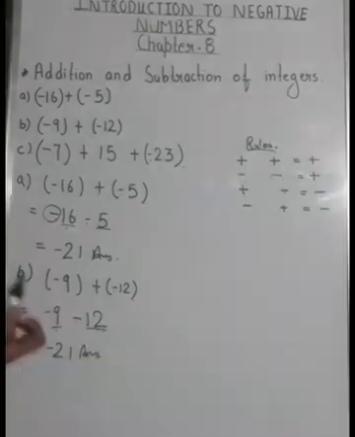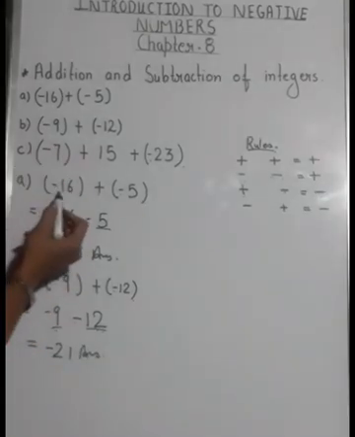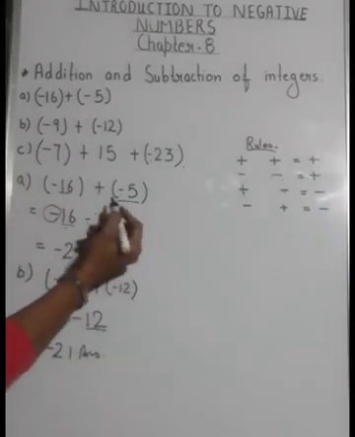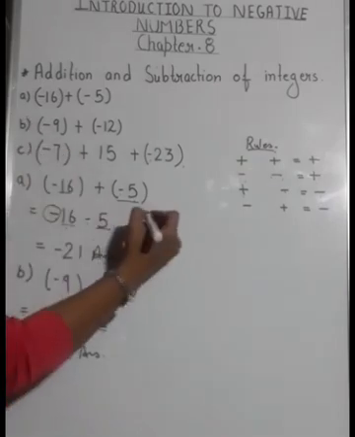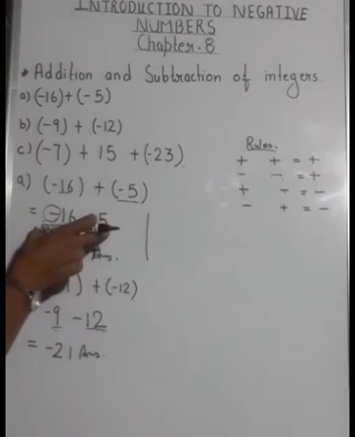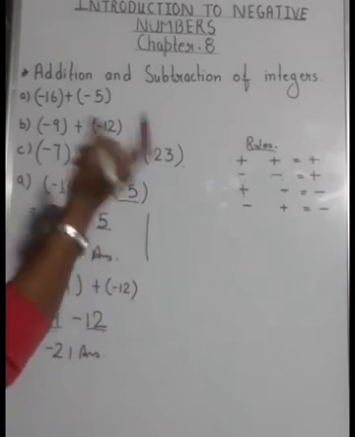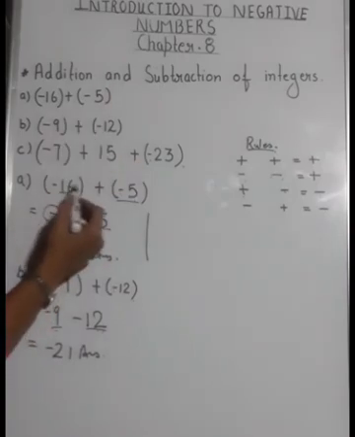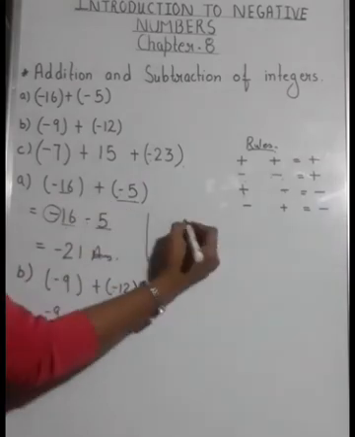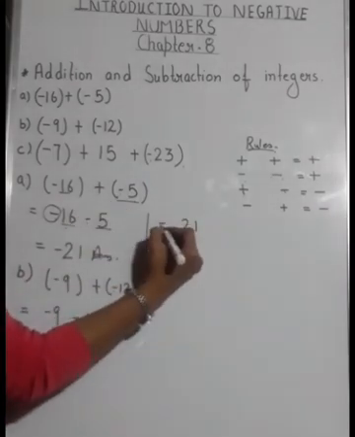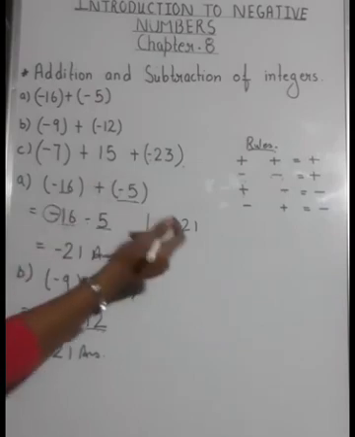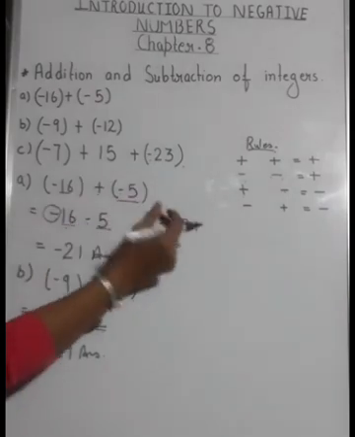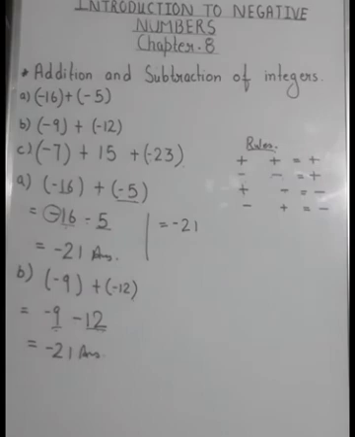Clear? I have told you that whenever you have to add two negative integers, just add the integers and put a negative sign. Okay. So you can do it this way also, or you can do it simply as I have told you before, that add the negative integers. So 16 plus 5 will be 21, and I told you if both the integers are negative and you have to add them, then you add the integers and put a negative sign before it.